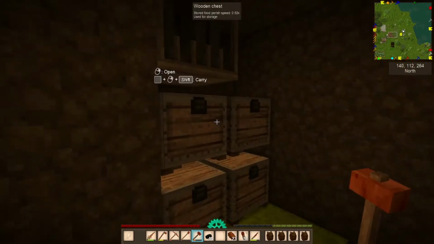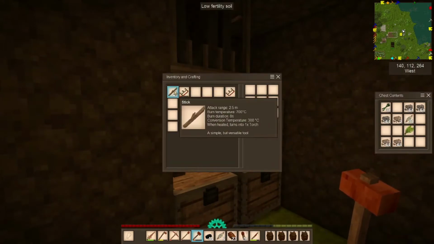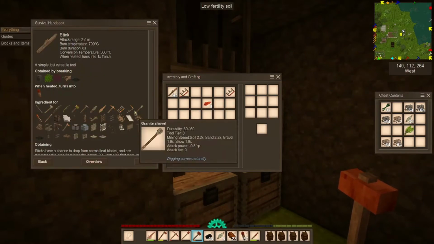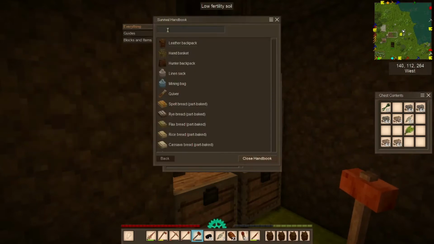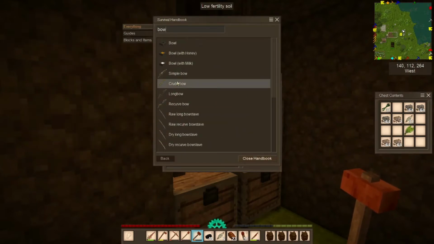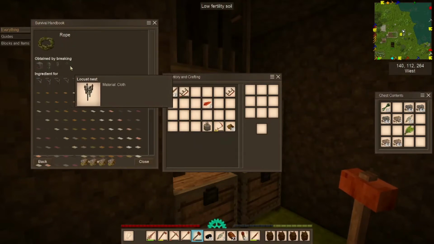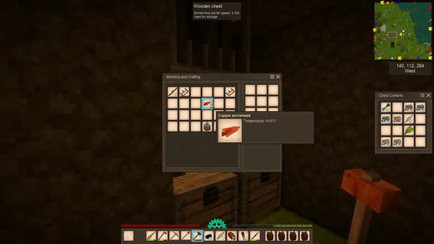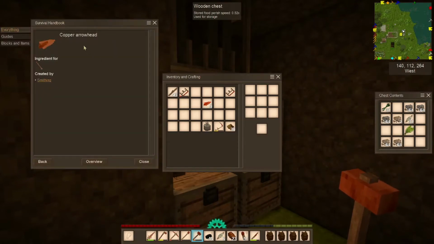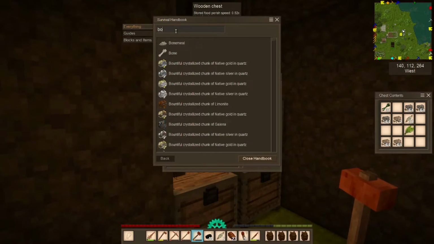Okay, so one of the items that I want to use is a bow. And I know there's a lot of people that feel differently about the bow. Let's go back and look at the different types of bows. In the beginning, you can make a crude bow, using the ropes that you can make from vines that you collect while you're out in the woods. So that's one of them. But I've never made that one. I always go for the simple bow